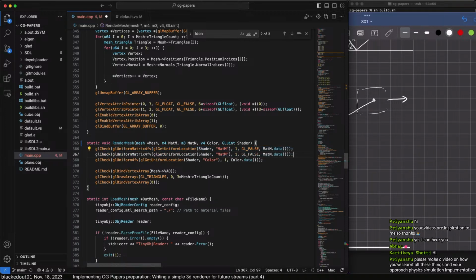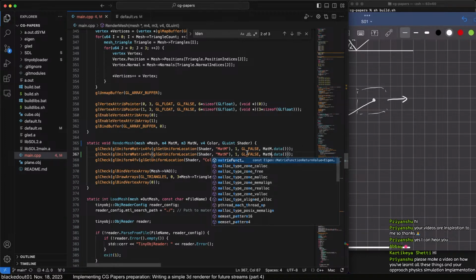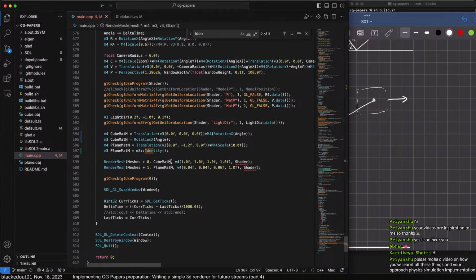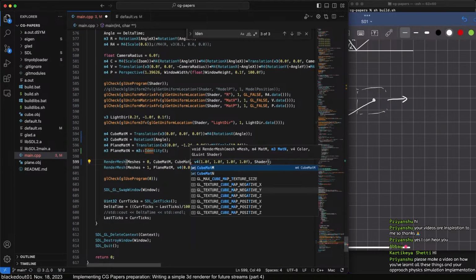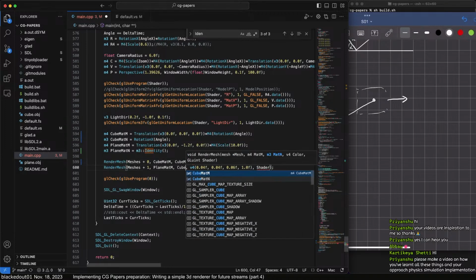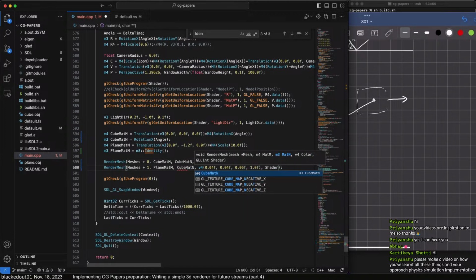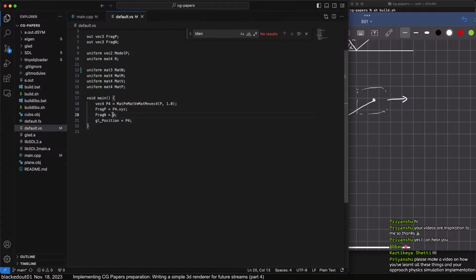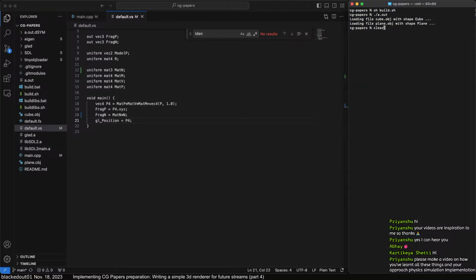And then we can pass this to the shader as well. Plane. So the only thing left now is to also transform the normal with this. And if we do that,